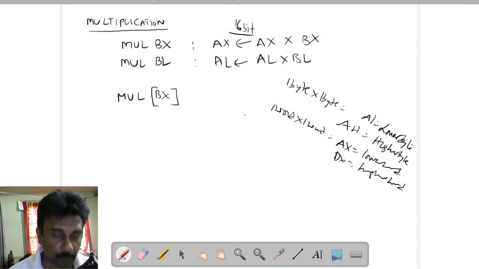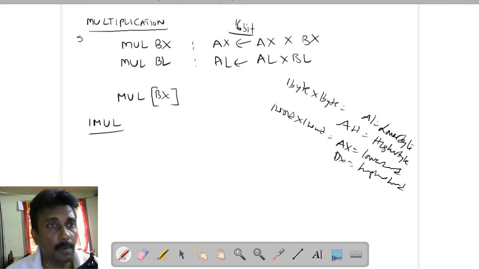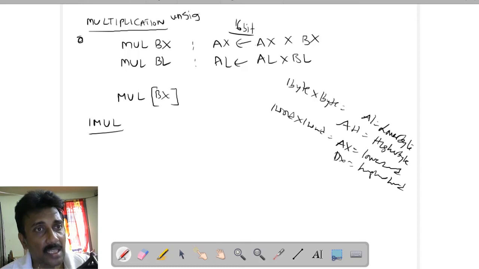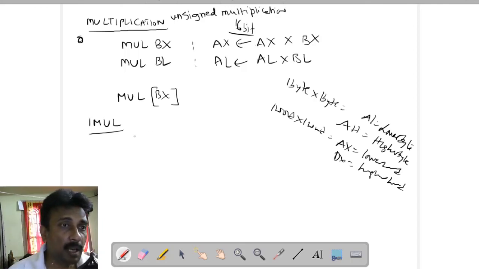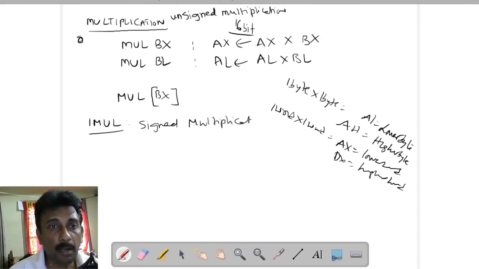the computers. Next one is the imul instruction. Imul is similar to the mul instruction. The mul instruction is only for unsigned multiplication, what we have discussed here. Unsigned multiplication means multiplication of positive numbers. Imul is for negative numbers, that means signed multiplication. Signed multiplication means that you can multiply negative numbers. While multiplying negative numbers, you can use the IMUL instruction.